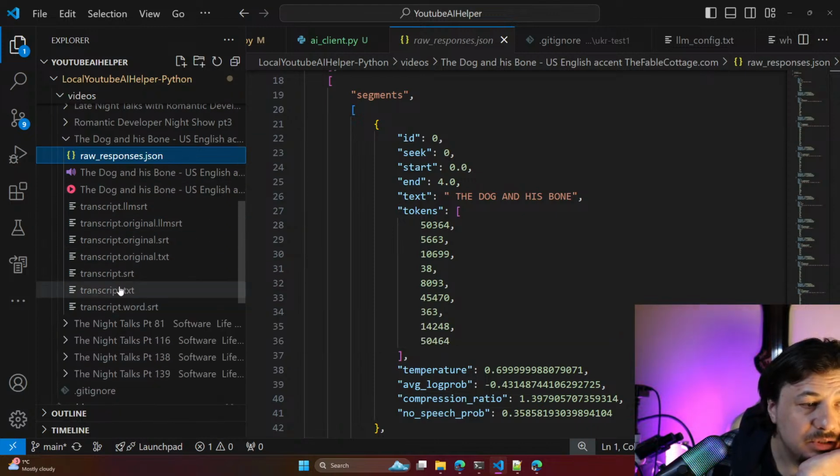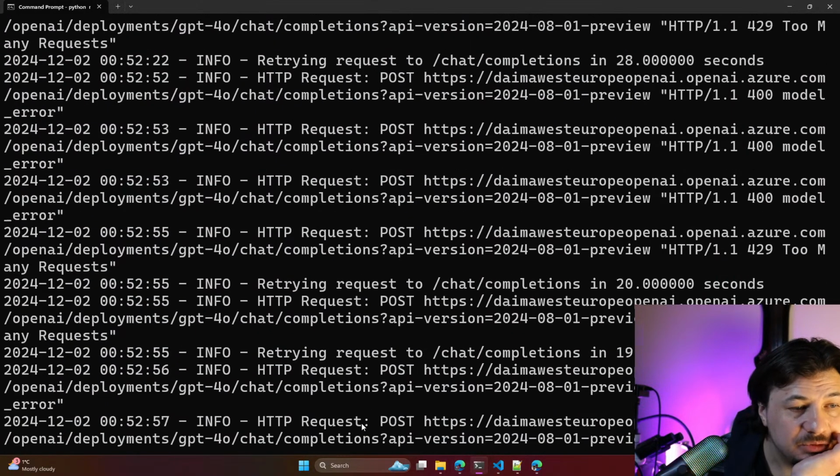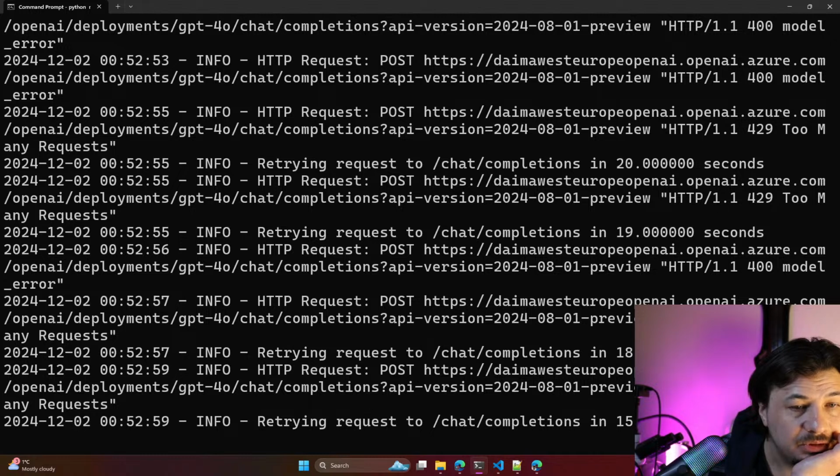It's transcription, but we never preserve any of the other responses. It writes model error.